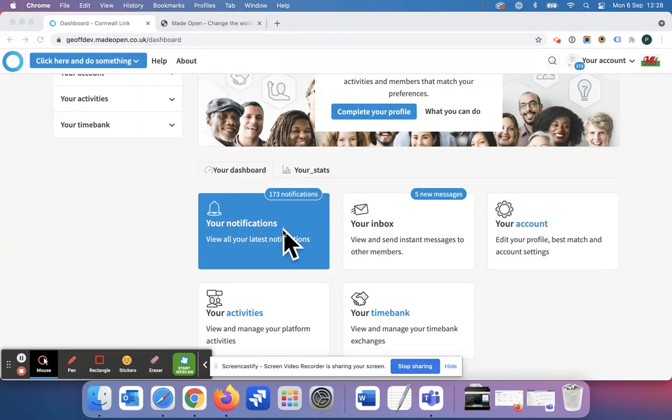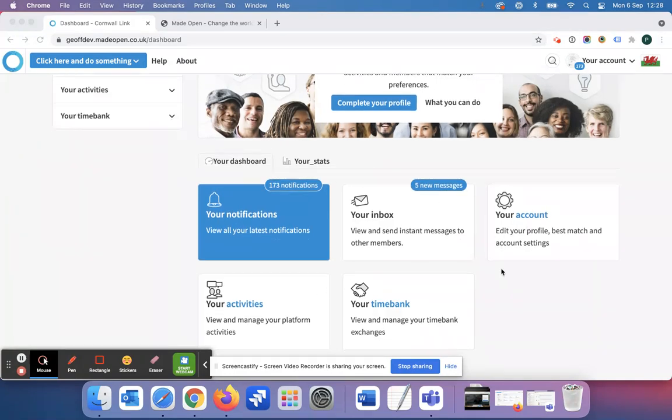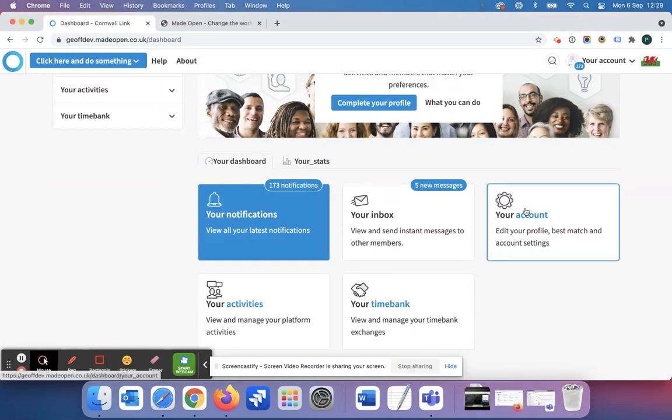We've got these two standard options, which are your notifications and your inbox. They always appear, and they have live notifications regarding how many unread notifications or messages a member has. Then these three items here, which we call the sub dashboards, each of these is being set up in the CMS. So you'll be able to have full control over what happens when a user clicks through and